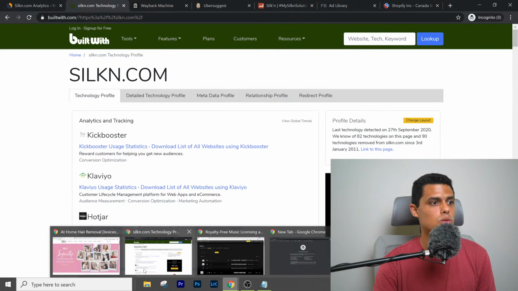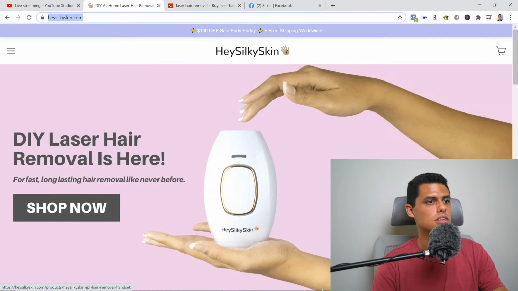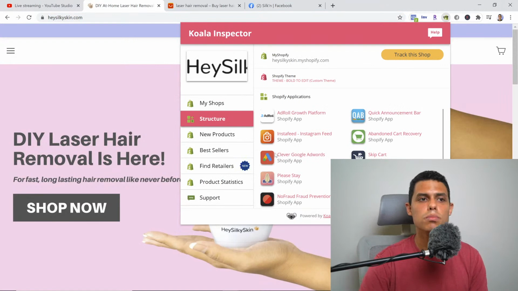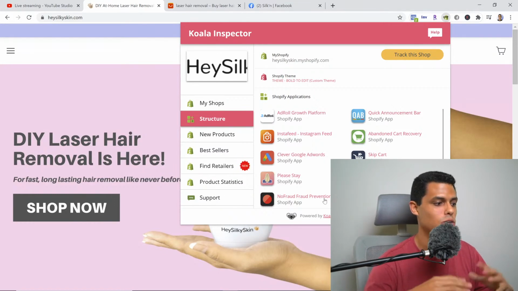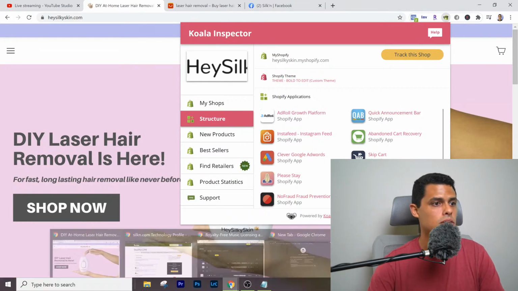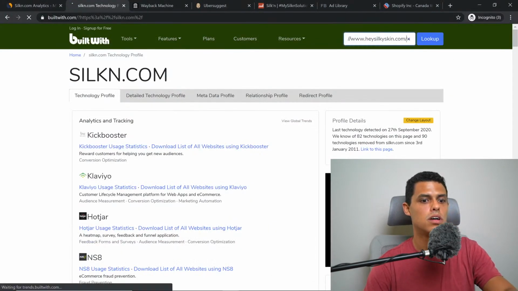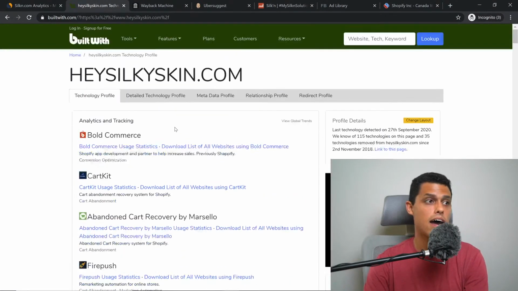Okay, so I always forget the name, so it's this one, heysilkyskin.com. And let's see, we're going to open the Koala Inspector and we're going to compare all of these apps. We have a lot of them, as you can see, but I know that after we run it with BuiltWith, we'll see even more. So we're going to take notes and see where they're actually using these apps so we can create a strategy around that. Okay, so if we go right here and put the website right here,